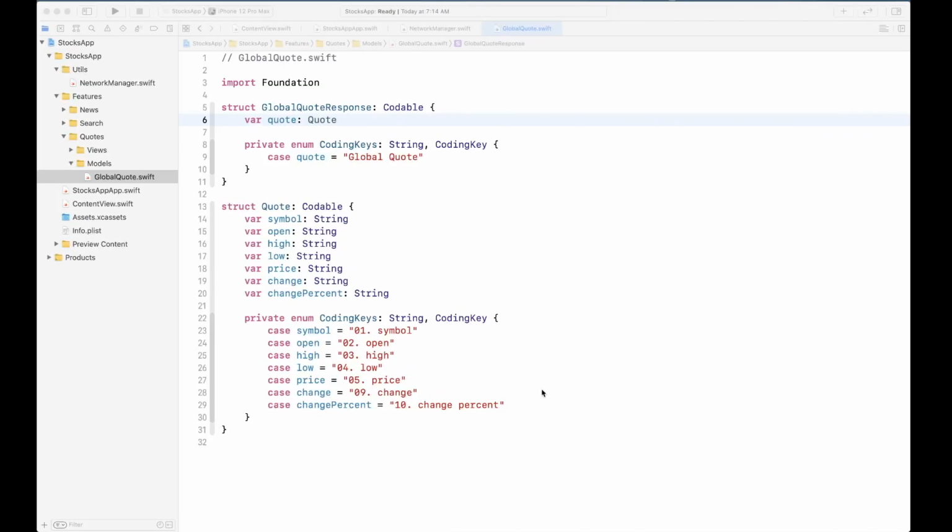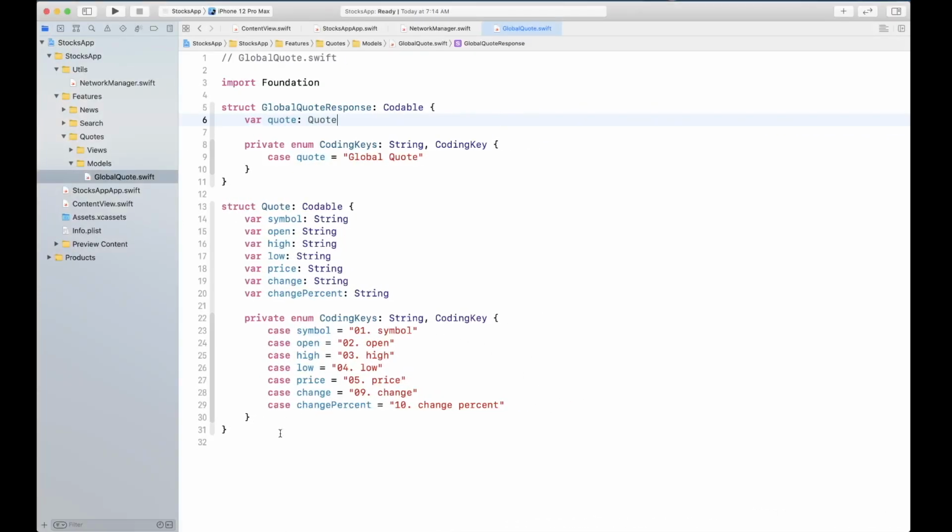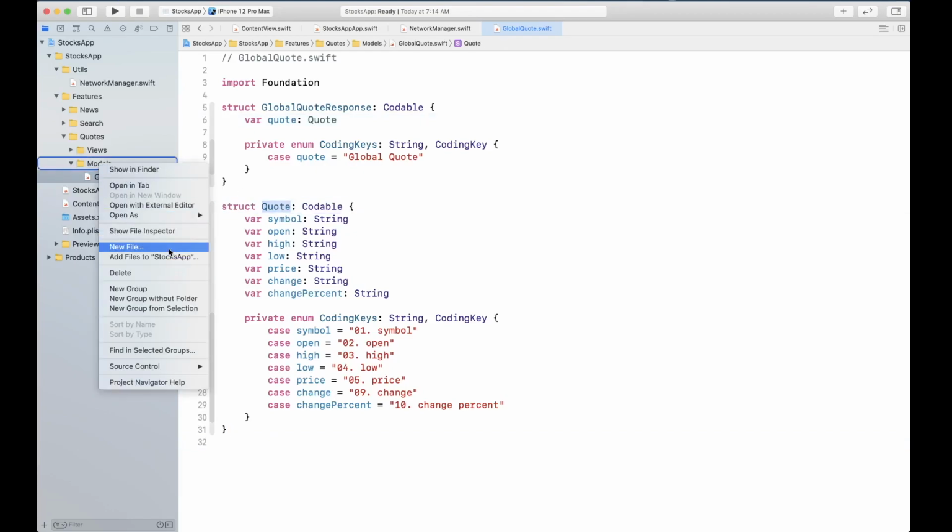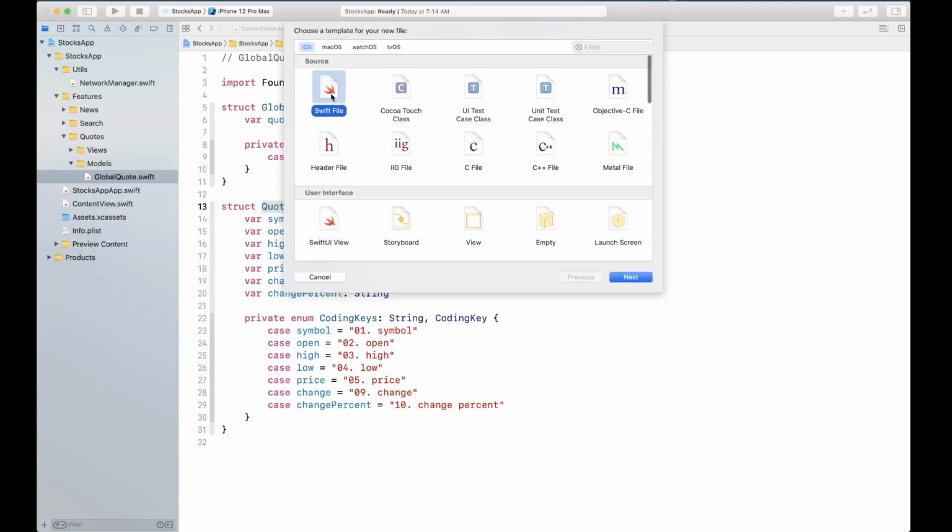All right, so we have our models ready. The first thing we're going to do, before we forget, is move this into its own file. So we're going to create a new Swift file. All right, Xcode is stuck. Let me wait for it to come back.